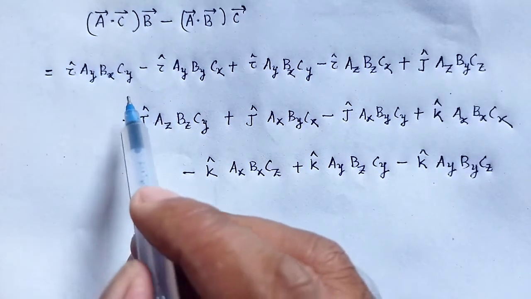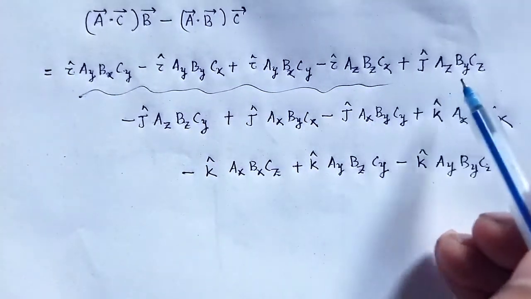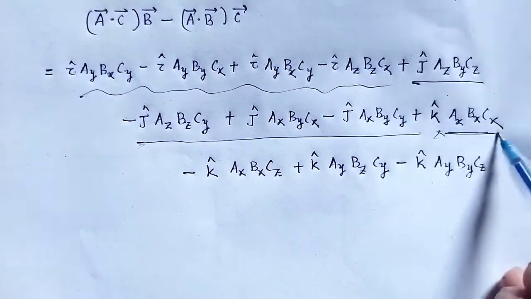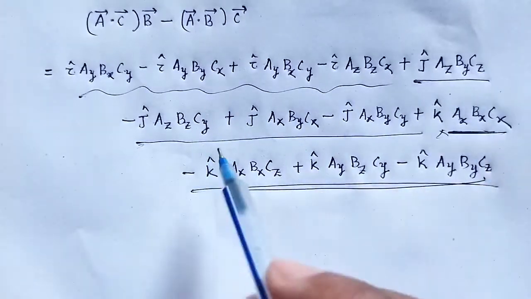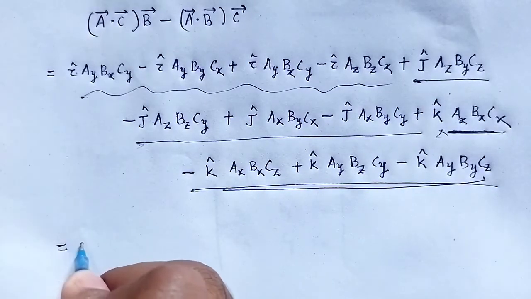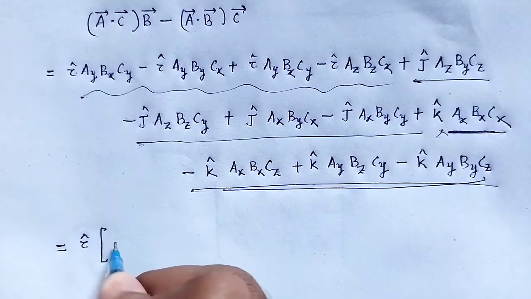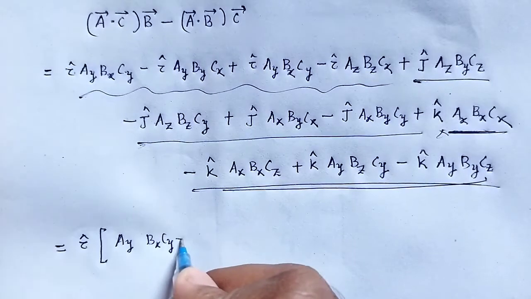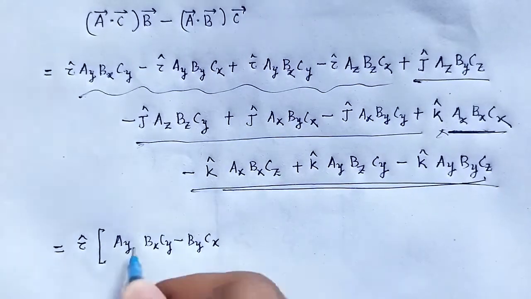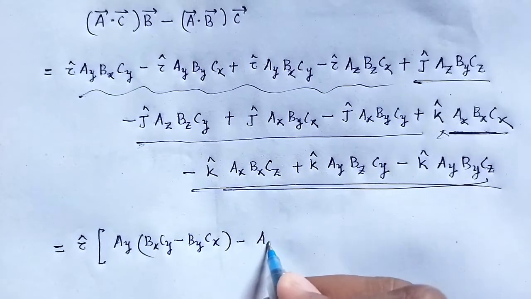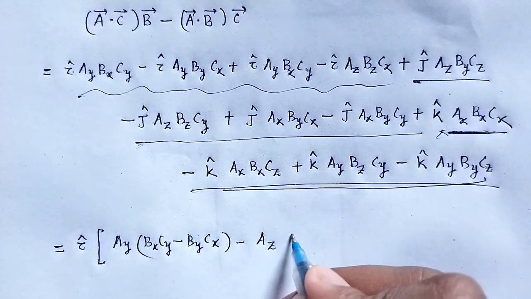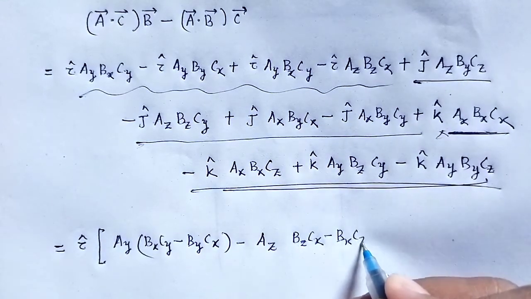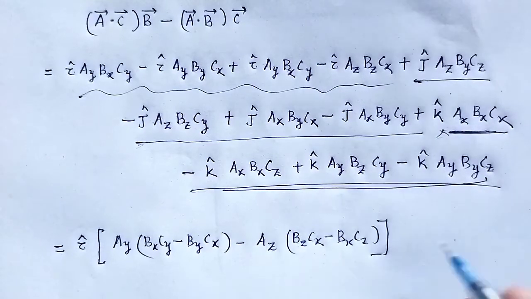Taking the common of i, j, and that of k in that equation: i cap of AY (BX CY minus BY CX) minus AZ of (BZ CX minus BX CZ) plus